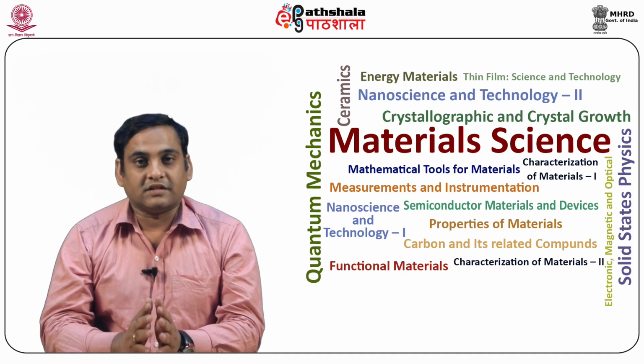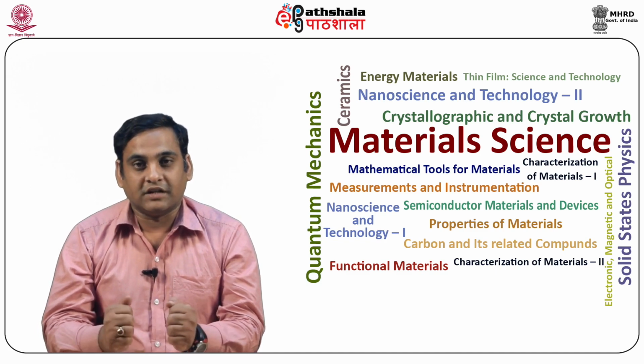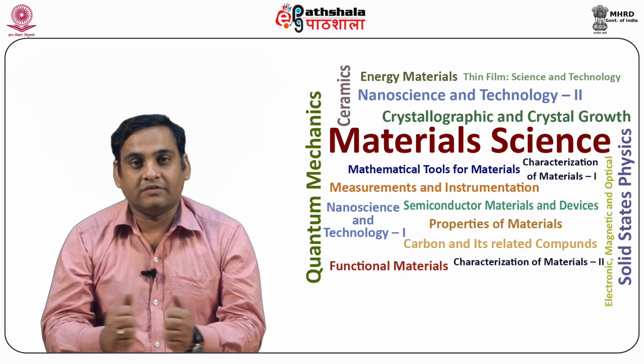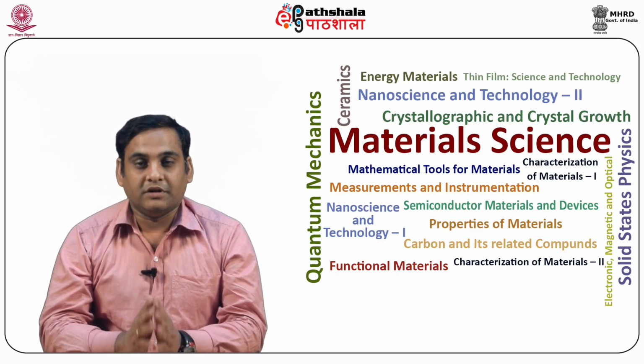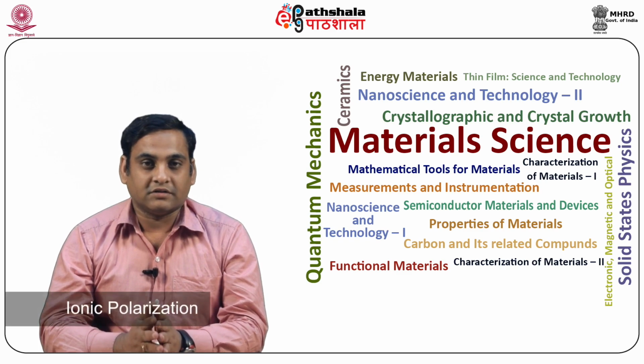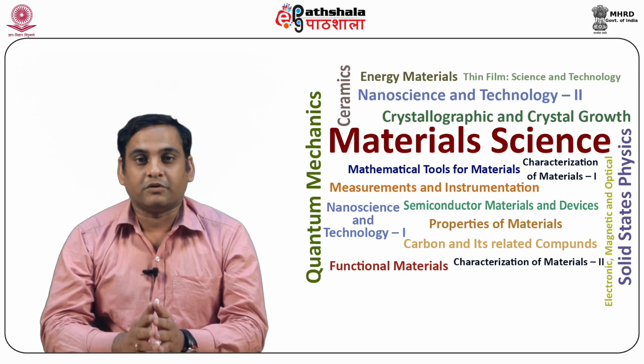The crystal in this example consists of ions, and as an electromagnetic wave propagates, it displaces the oppositely charged ions in opposite directions and forces them to vibrate at the frequency of the wave. In other words, the medium experiences ionic polarization. It is the displacements of these ions that give rise to ionic polarization and its contribution to the relative permittivity epsilon r.